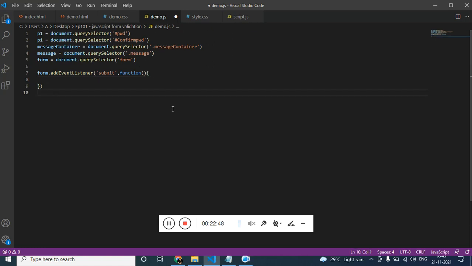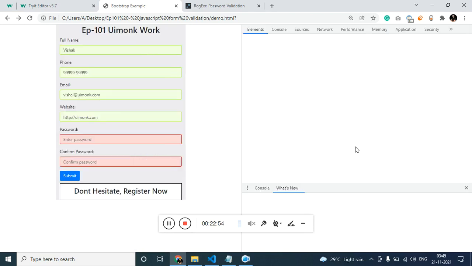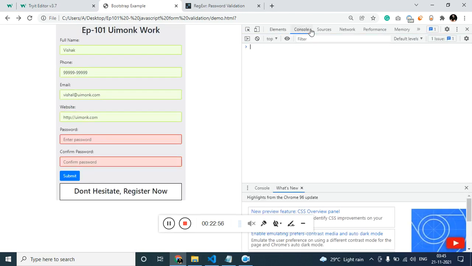Now what we can do is, let's get into the inspect console. If every value is filled, I need to get either true or false.